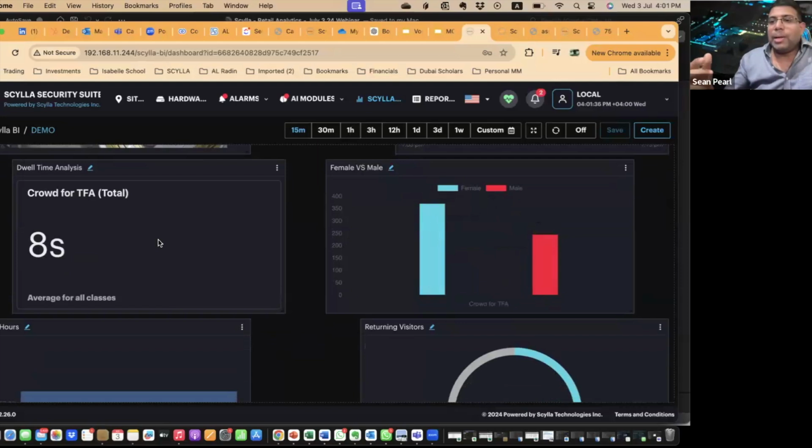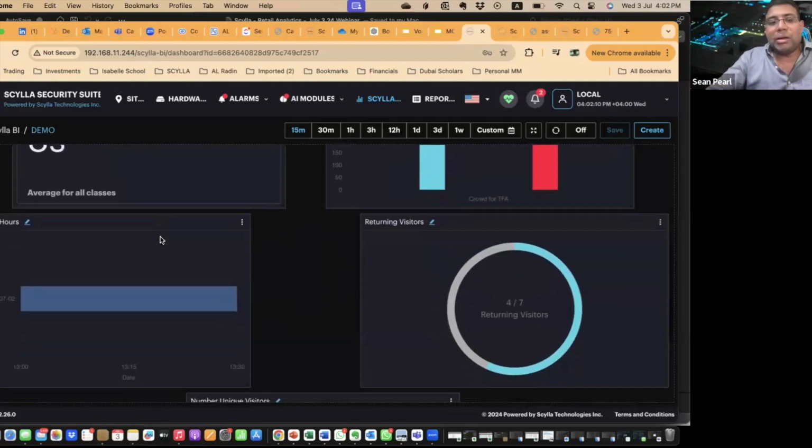Now, let's say, for example, you're into the retail space, and let's just take restaurants as an example. If you're looking to monitor the efficiency of your staff, for example, how long does it actually take for a person to serve a table? These are the kind of things that you can have monitored. Or if you're looking at a cashier at a large retail store, how long does it take to complete a particular transaction? These are the kind of insights that you can get.